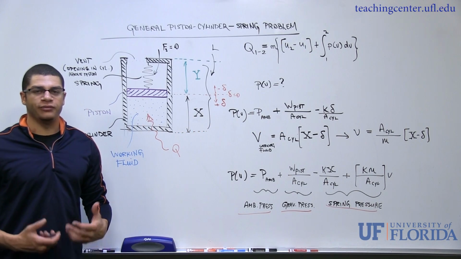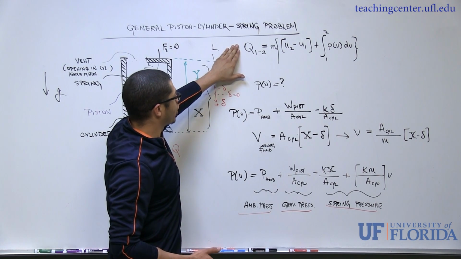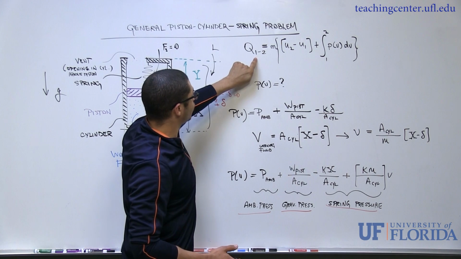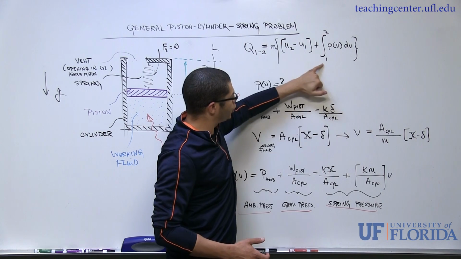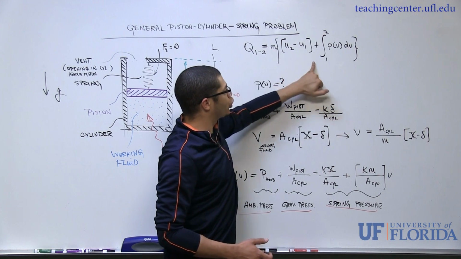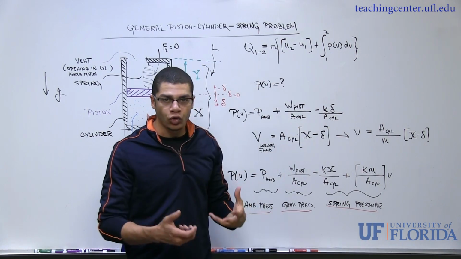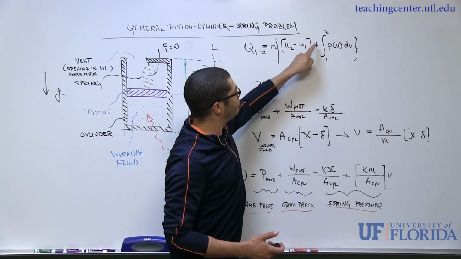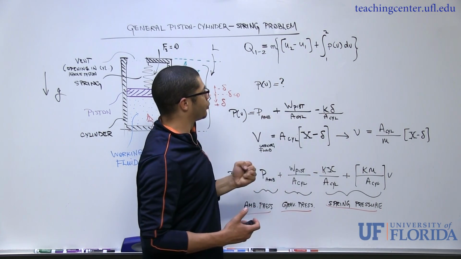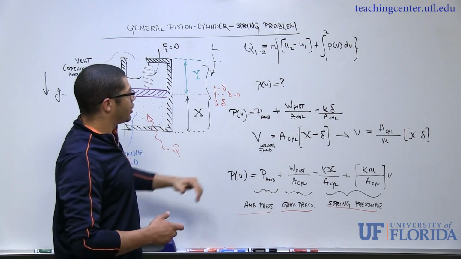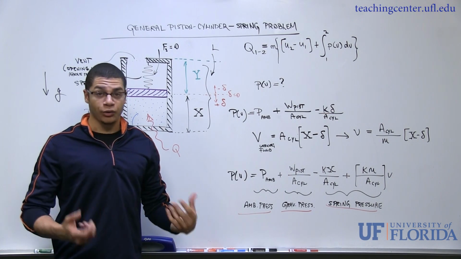With our result from the first law, or energy conservation, we get this equation up here for the total amount of heat transfer during the process going from state 1 to 2. And really the term that we're concerned with right now is the total amount of work transfer, or specific work transfer. That's this integral right here. When multiplied, that's the total work transfer. But let's see if we can expand this expression here in terms of more readily known, or more fundamental information. So I need to know what this function P of V is before I can integrate it